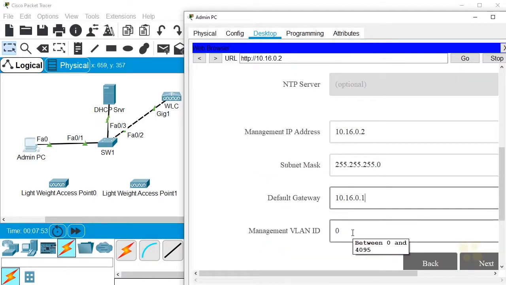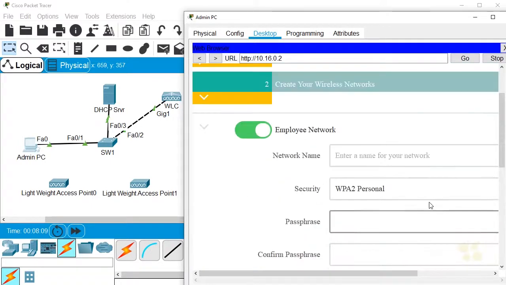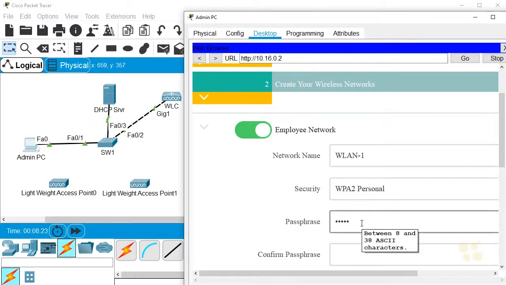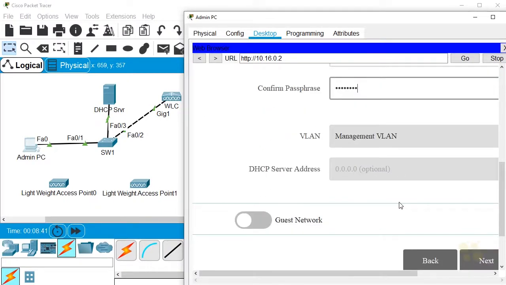And if we're doing trunking and we wanted to have our management interface on a certain VLAN, we could specify that here. I've just got one big flat network. So we're going to say 0 for the management VLAN ID, meaning we're not going to include any kind of a tag, and click on next. And that brings us to the next page, which is asking us for our network. We're going to use WLAN-1. The type of security that we want to use is WPA2 personal, which is a pre-shared key. And as a result, this is asking us for that pre-shared key, which I'm going to use as Cisco!23, put that in, confirm it. We only have one VLAN that we're currently using for all of our wireless and wired networks, and then we'll